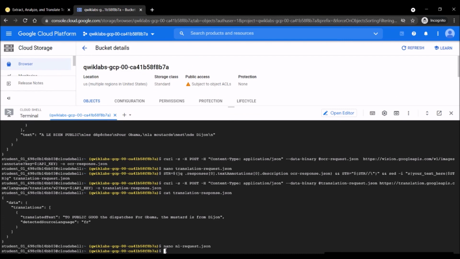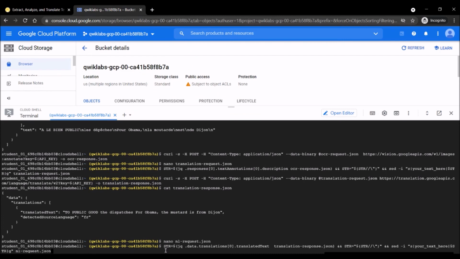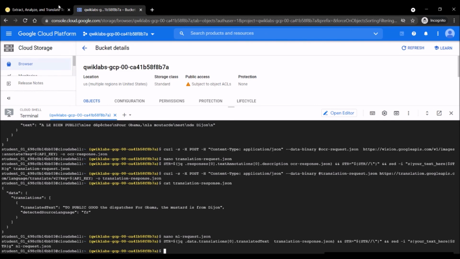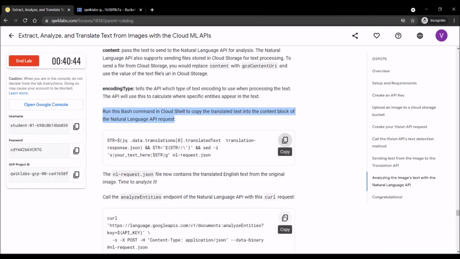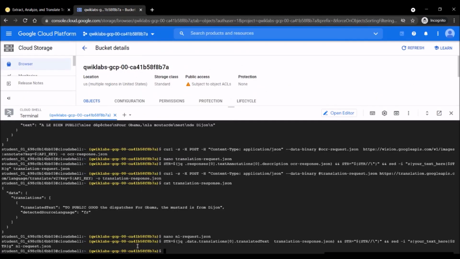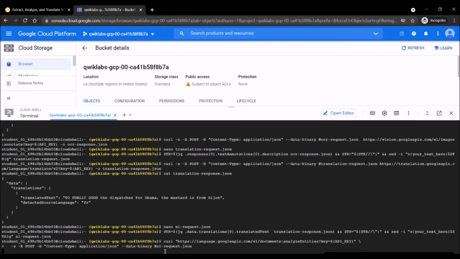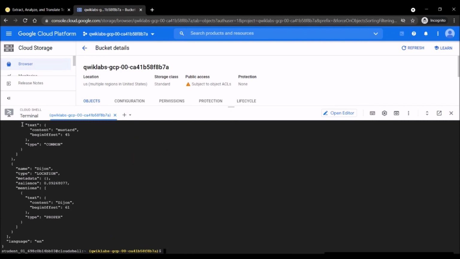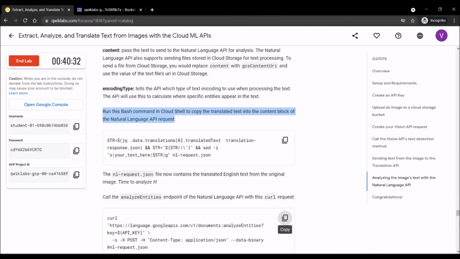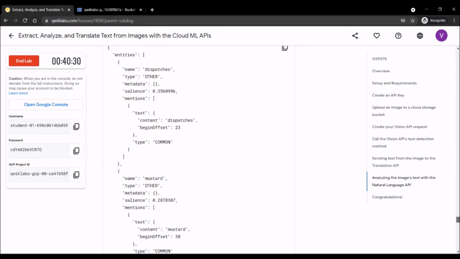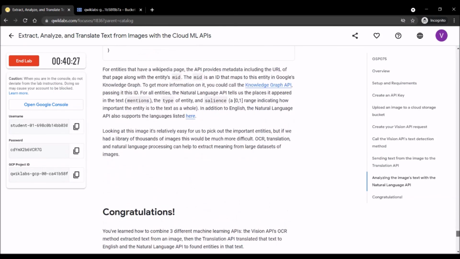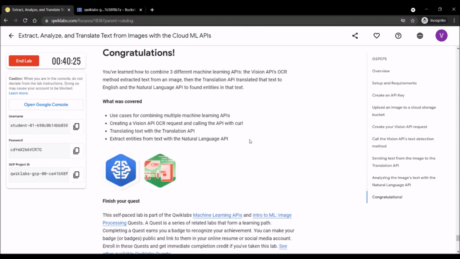So copy, paste, enter. Again, copy. Here you can read it and you can see that we have gotten our output and we are done with all the tasks needed for this.